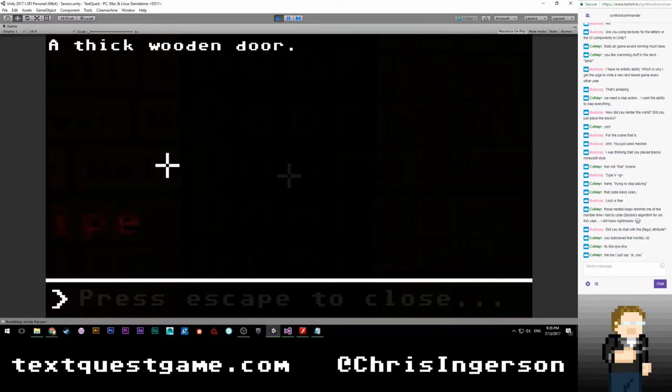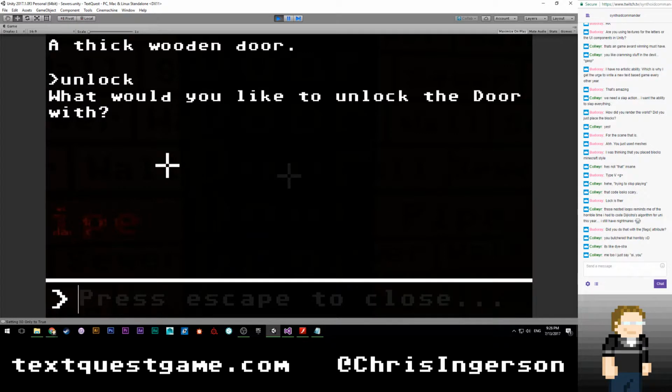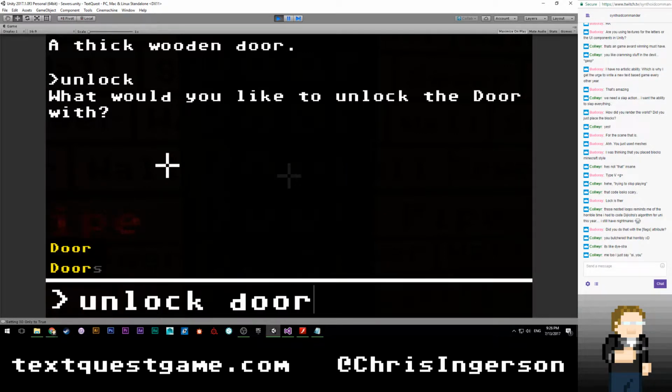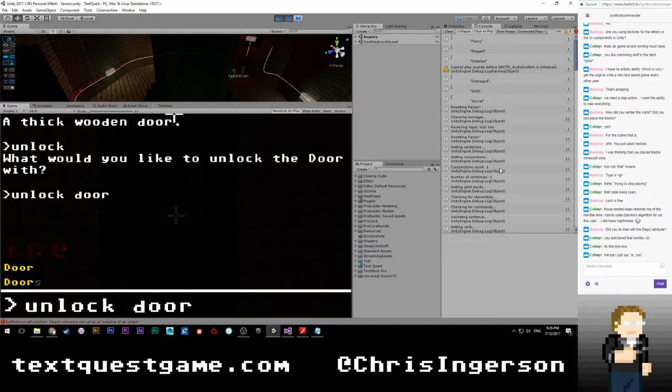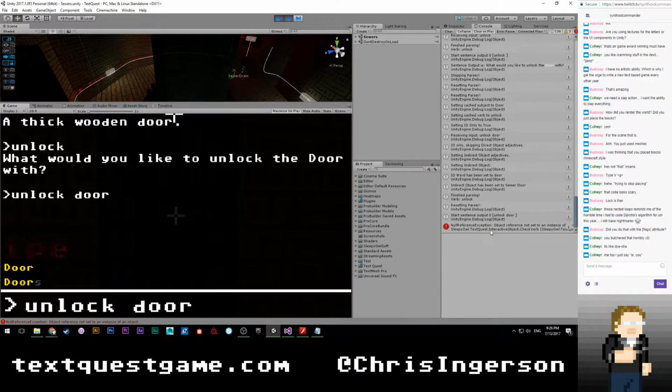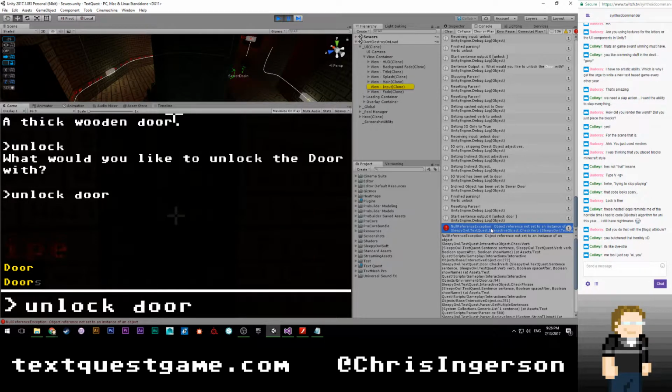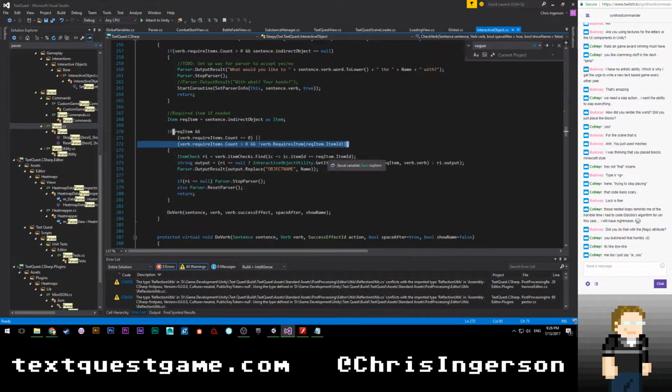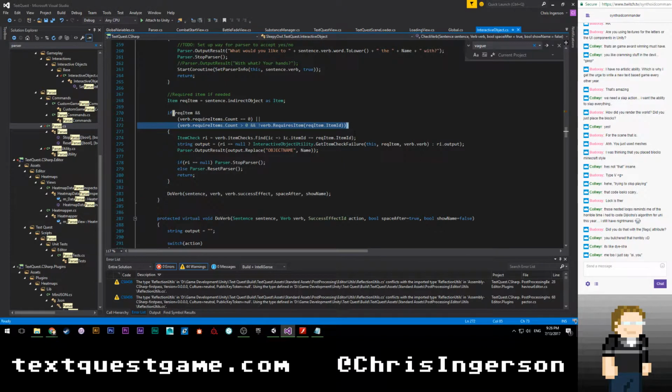So I'm going to say unlock door. Okay, good. We have a null reference there. I'm assuming that means that it cached the object wrong. If require item and verb requires items.count is greater than 0, and not verb requires item.